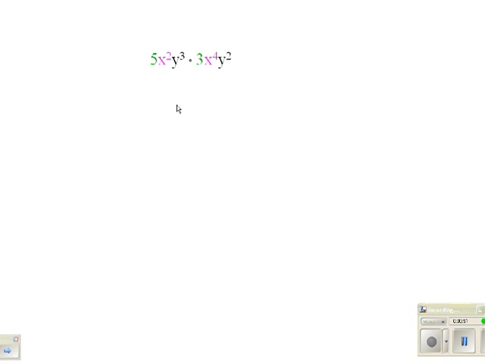I propose a 3-step process for understanding two terms being multiplied together, or even any number. This is the procedure that I recommend understanding. First, we factor. This is using the meaning of the exponents. The x is repeated twice and the y is repeated 3 times. So here, the understanding of the exponents is that we have 5 multiplied by x times y times y times y times 3 times x